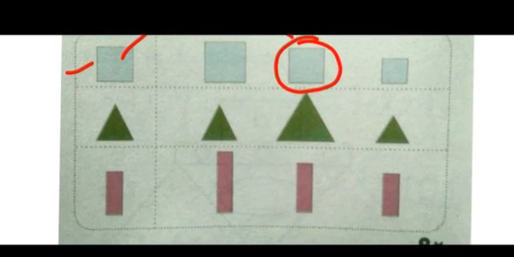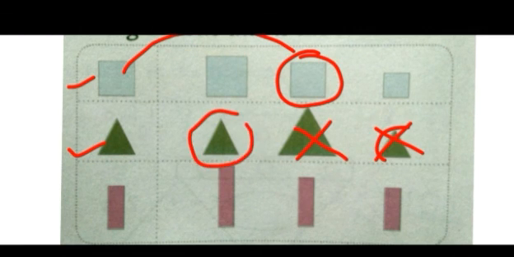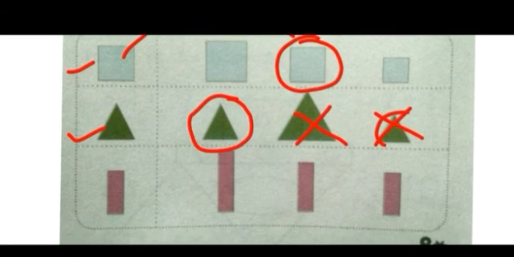Okay, see the next one. Now we need to find the same size as it is given in this figure, this triangle. So which size is the same as the given figure? This is small. This one is smaller. No, this is not. This is too big. This is also not. Yes, this one is the correct one. It's of the same size. Okay. So this way we have to circle.